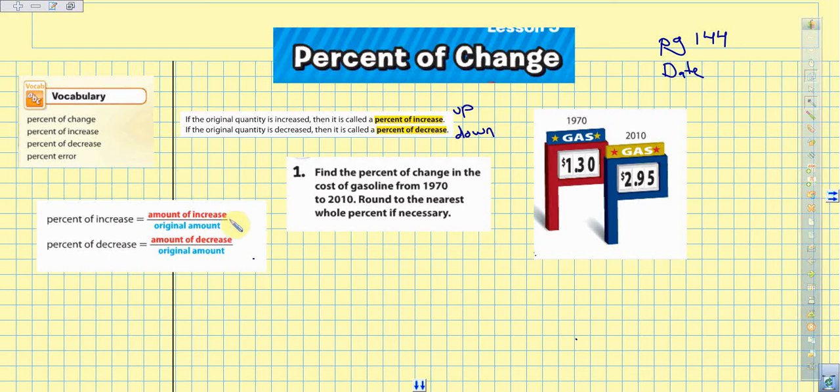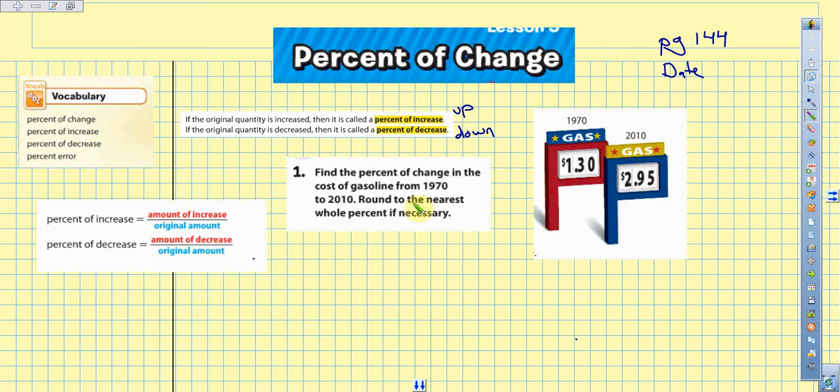Okay, so we're going to find the percent of increase or the percent of decrease, and we're going to place the amount of increase over the original amount. With that fraction or ratio, we can find the percent. So that's our two: percent of increase and percent of decrease. Our first problem is dealing with